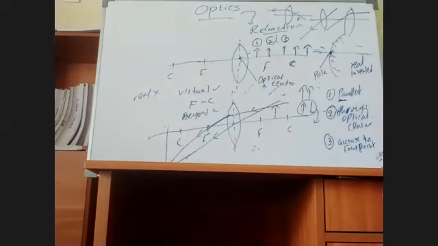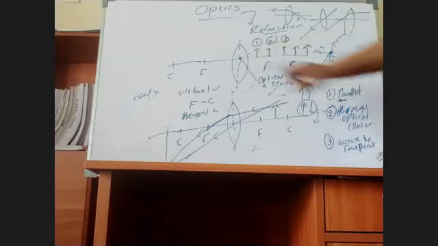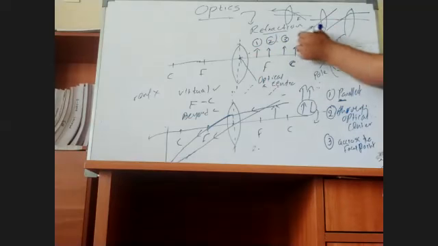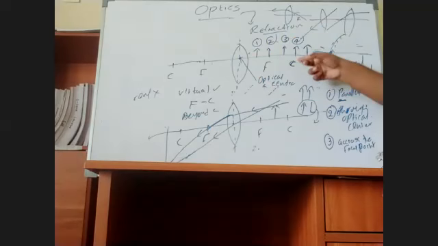Okay, now quickly draw the ray diagram. Then I'll give the characters of the image formed. I think that I haven't given the characters of the image formed at the first instance. I will give it before the lesson ends. I will draw that diagram again and show you the characters of that image. After that, we are going to discuss when the object is placed at the center of curvature.